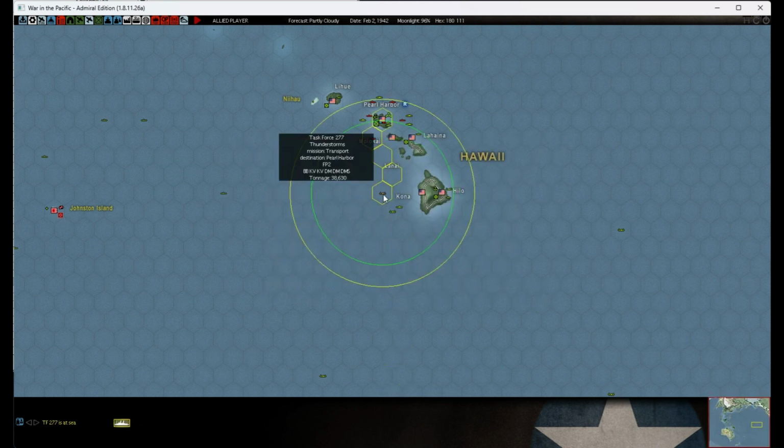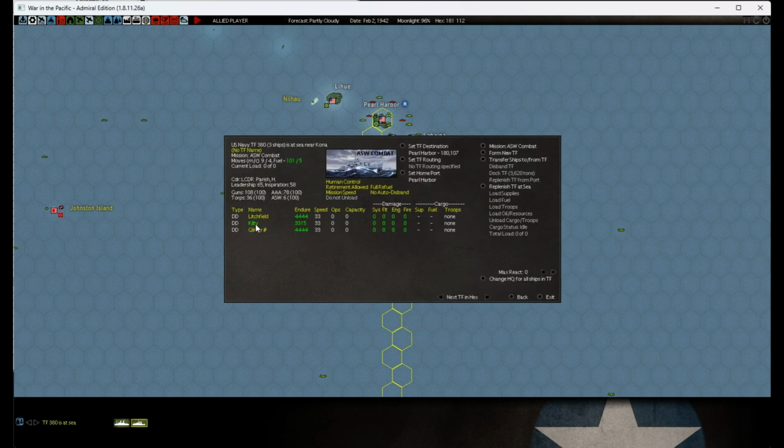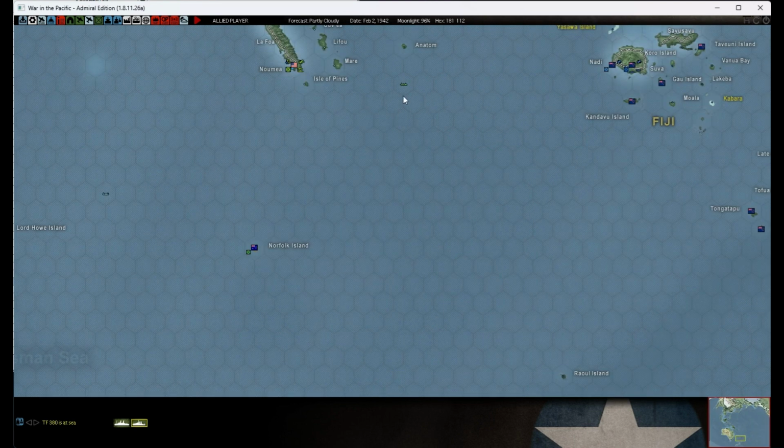So I don't know. I was just stuck on this because I was curious about what I had going here. But I can take these back to Pearl Harbor and go ahead and upgrade them. In fact, we'll auto disband them when they get there. So yeah, I'll just go in as ASW, maybe hit some subs on the way in. Okay. Mainly I wanted to,